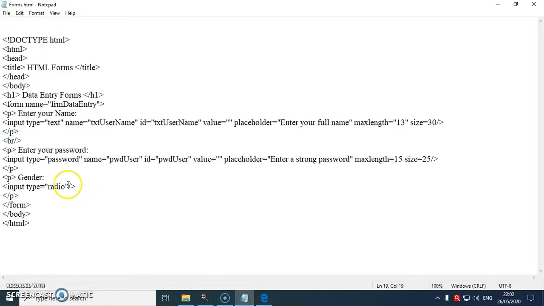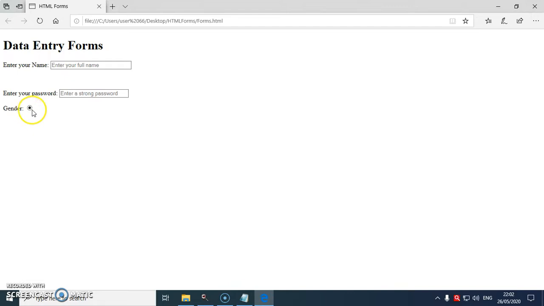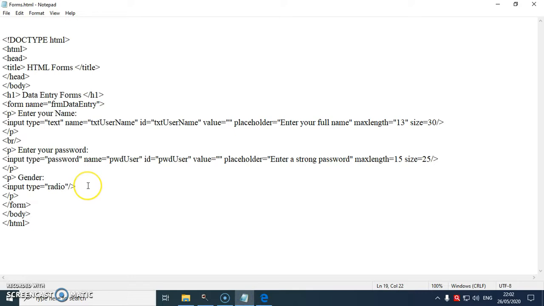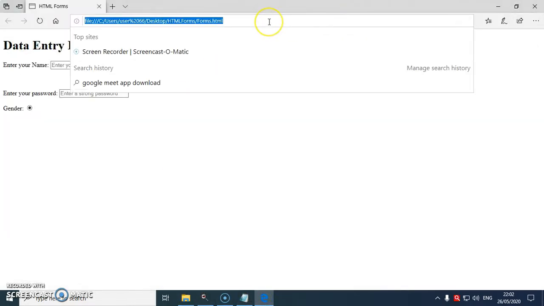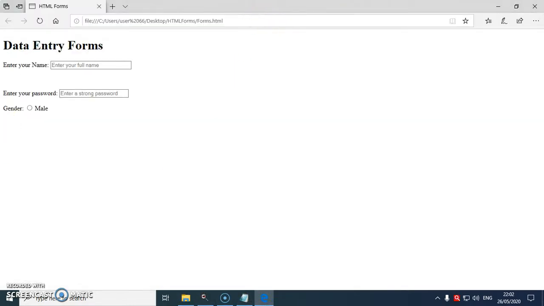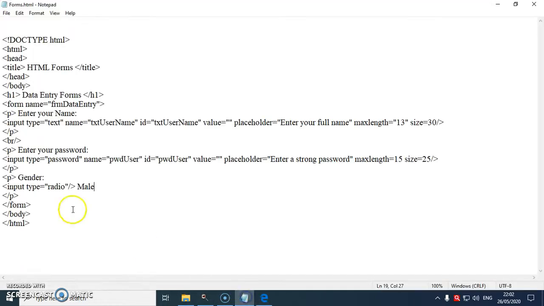I'll go back to the Notepad. Now we need to tell the user what this radio button denotes, what purpose this radio button is meant for. To do that, outside the tag, I'll write male. Save again and refresh. You can see this radio button is denoting male and you can click on the radio button. I'll go back to the Notepad, copy this